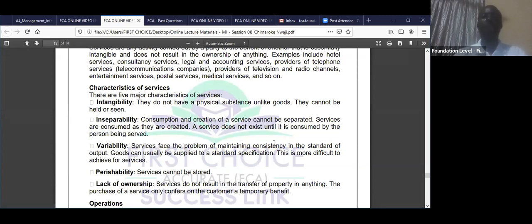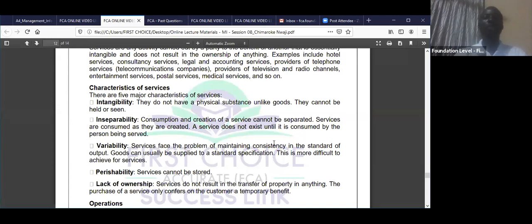Intangibility. They do not have physical substance, and so you cannot touch it or see it. So you see that you cannot touch my lectures. You cannot touch the MI that I am giving you. So it's not a good, it's a service. Then there is what they call